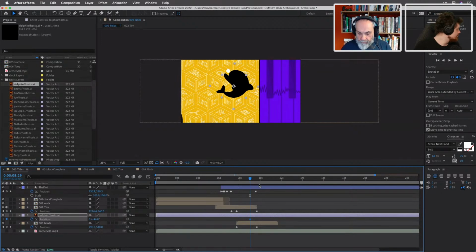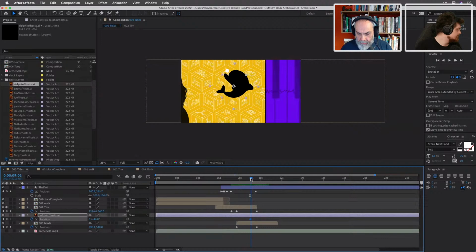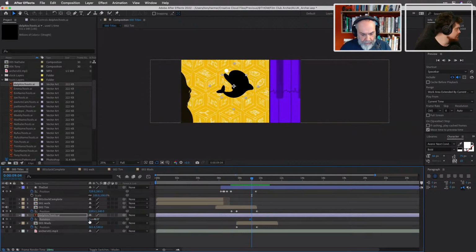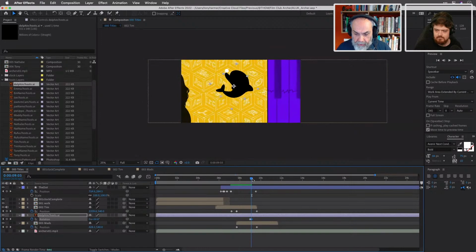Okay. I was going to move on and rotate that in to that point there. So let's have a quick look. That should be pretty good. Doink. And now we just need to change the position of the dolphin as well.